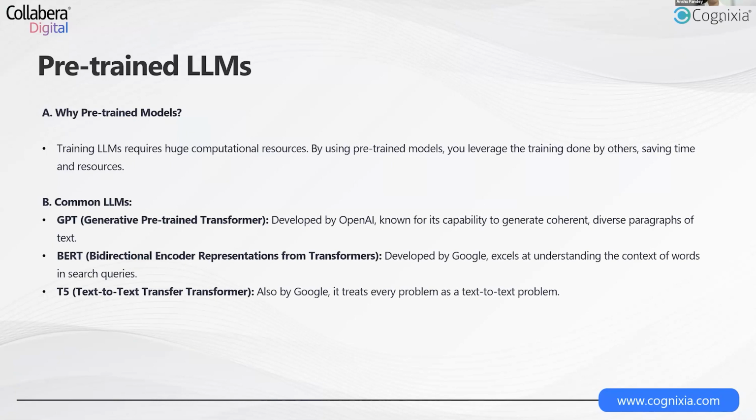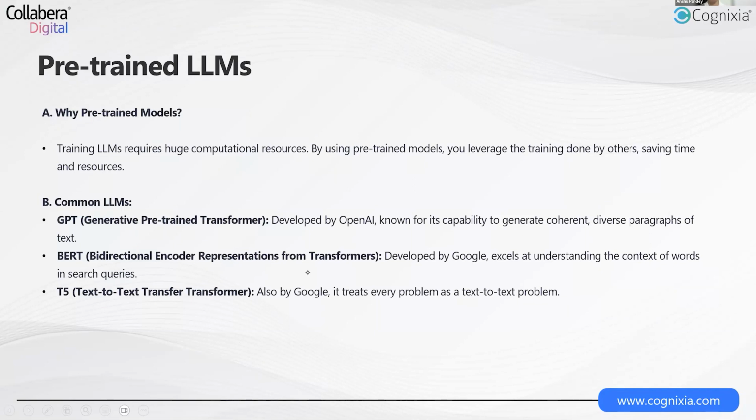Some of the very commonly used pre-trained LLMs include GPT, generative pre-trained transformer, based on the transformer technique, developed by OpenAI and a very popular engine for text generation. BERT, bidirectional encoder representation from transformer. BERT is actually used in the backend of the Google search engine to enable Google search to perform advanced AI-based search and map the contextual relation of your query to all the available internet websites. And similarly, T5, text-to-text transfer transformers, five times T, right? That is also by Google and a very popular text-to-text transformer engine. And so yeah, that's an idea.